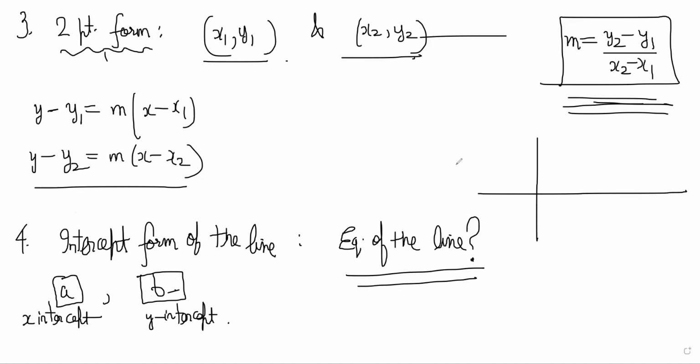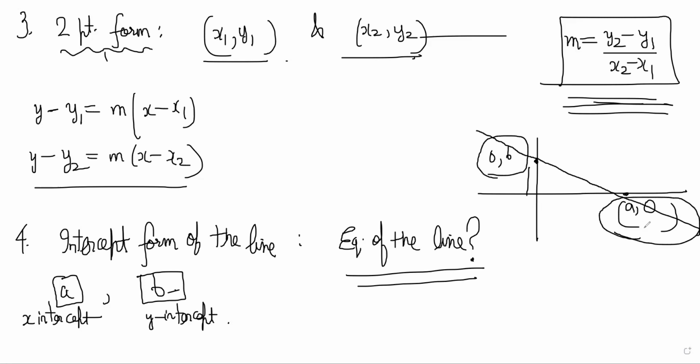So think about geometrically what it means to know the x-intercept. If it is a, that means we know where it cuts the x-axis, right? (a, 0), right? And y-intercept means you know where it cuts the y-axis, (0, b), right? And now you have 2 points, no? You know one point is (0, b) and one point is (a, 0) on the line, right? So by 2-point form, now we can do it.